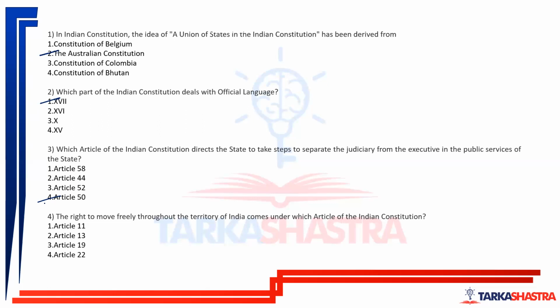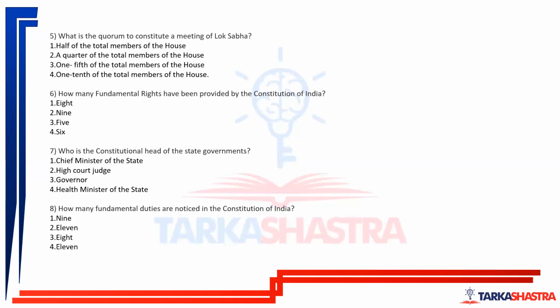The right to move freely throughout the territory of India comes under which article? It comes under Article 19, right? इंडिया में ट्रैवल करना है तो पासपोर्ट नहीं लगता है ना. तो क्यों? क्योंकि वो आर्टिकल 19 में राइट टू मूव फ्रीली थ्रू आउट द टेरिटरी ऑफ इंडिया ये पास किया गया. What is the quorum to